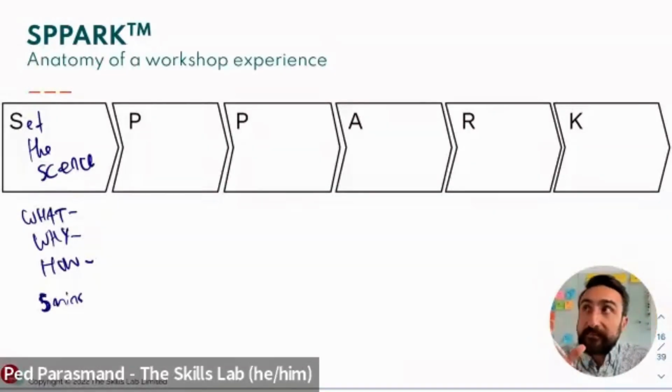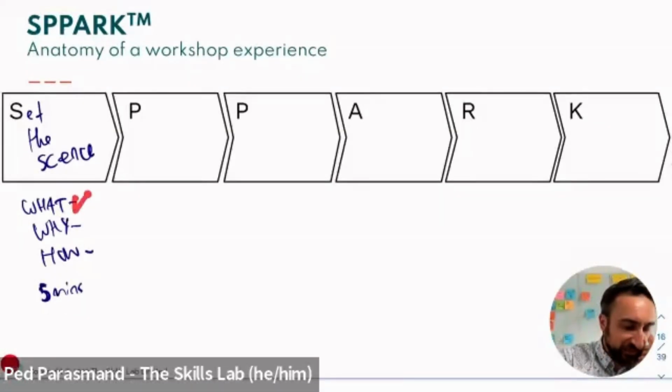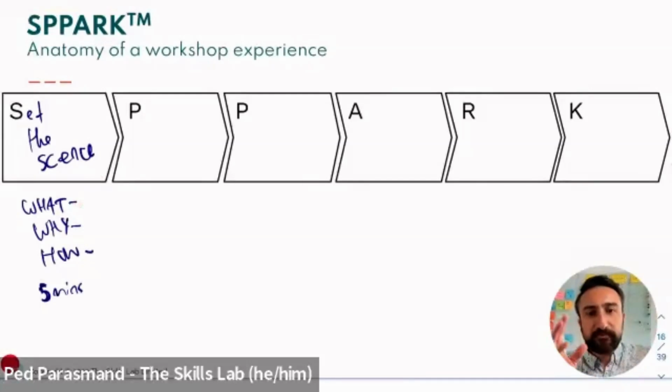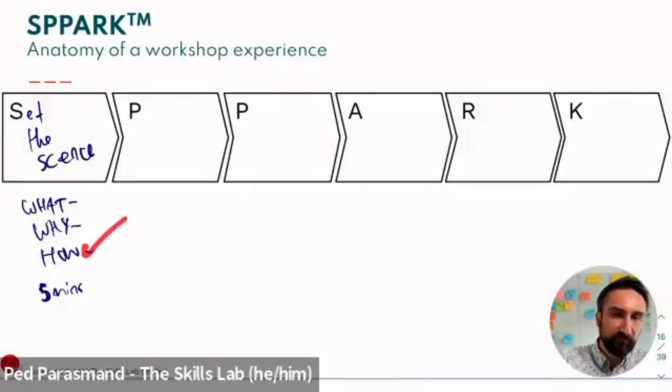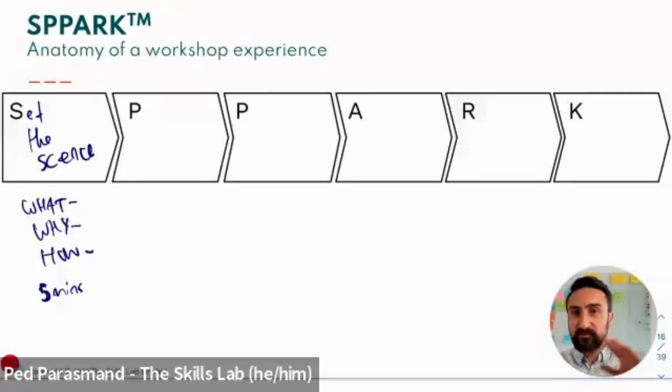So I'm going to give you another example. If I'm running a workshop around values, the importance of values for emerging leaders, the things that make you tick, I might say something like, we're about to do a values mining exercise. That's the what. It's important for us to know our core values so we can make decisions and take action from a place of meaning. That's the why. To help us get clear with our values, we'll work in small groups to share short stories that help us uncover what makes us tick. That's the how.